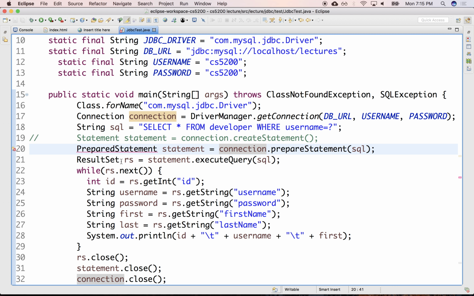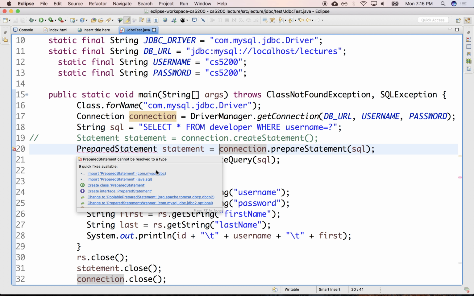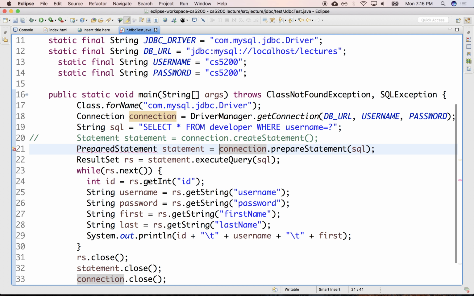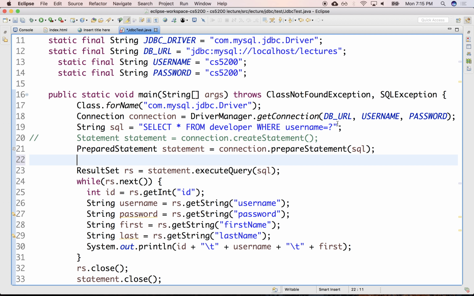Okay, and we need to import it. Let's import it, not the MySQL version, it's the Java.SQL version. Now that we have the statement, we want to fill in the value for this query. We want to say statement dot